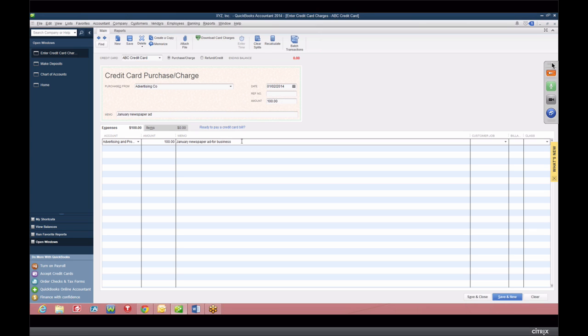Now, it does ask about customer job. Just so you know, I wouldn't recommend putting anything under customer job, because then it's going to ask if it's fillable, and then it can make some funny things going on in your QuickBooks. Don't recommend that right now. So just leave those two things blank. And then